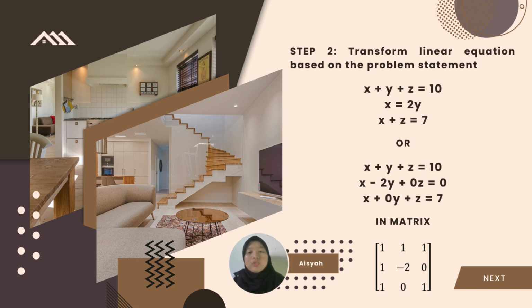And the third is that there should be a total of 7 living rooms and bedrooms. Therefore, the linear equation is S plus Z equal to 7, or alternatively, S plus 0Y plus Z equal to 7. Thus, we may convert that linear equation into a matrix where it is 1, 1, 1, 1, negative 2,